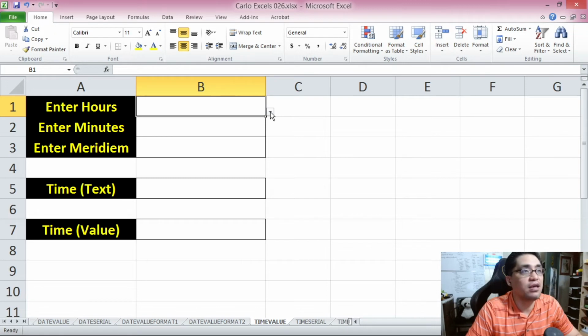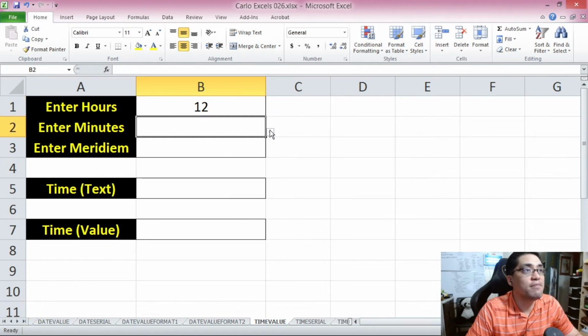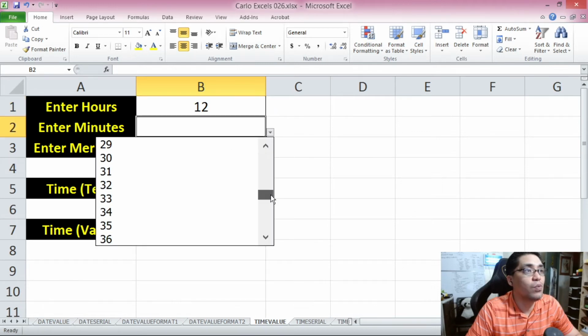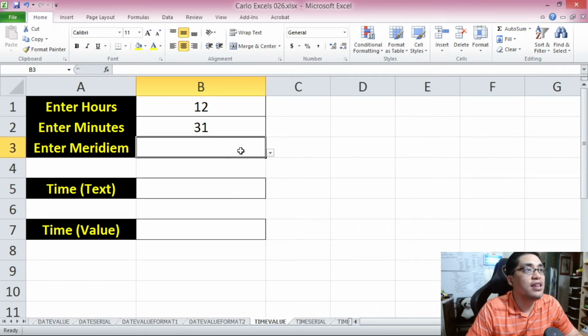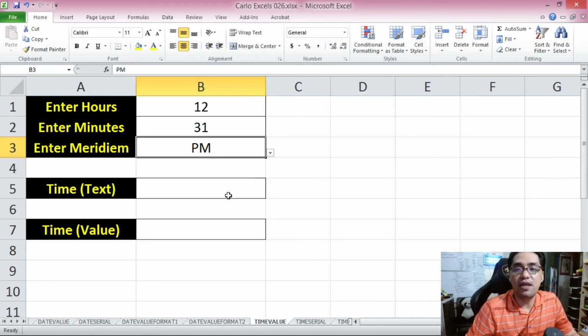We have here a data validation list box. So let's put in here 12 as hours. And then for minutes, let's put in here 31, like so. And then for the meridian, let's put in here PM. So 12:31 p.m. So now that we have the data on the hours, the minutes, and the meridian,